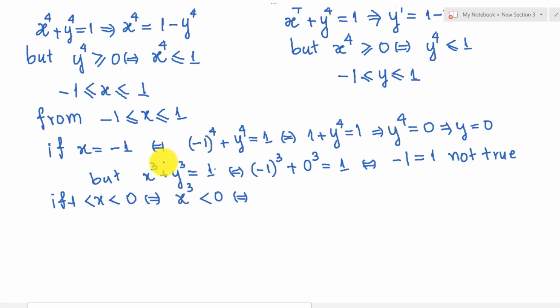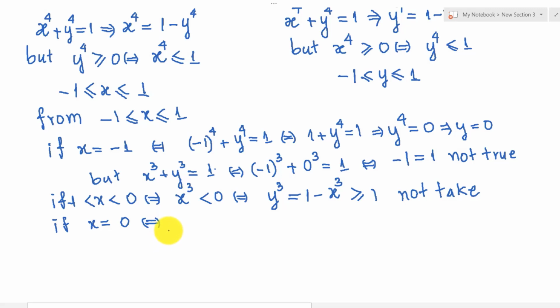From this we get y^3 equals 1 - x^3, which is bigger than 1. But we have y^4 is smaller than 1, so it's not taken. And now, if x equals 0,